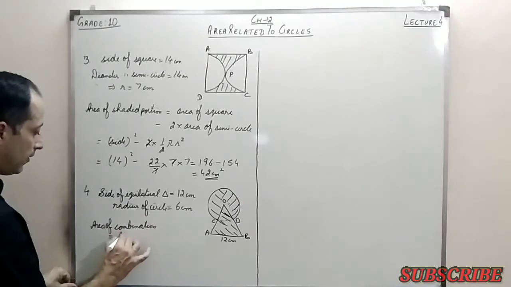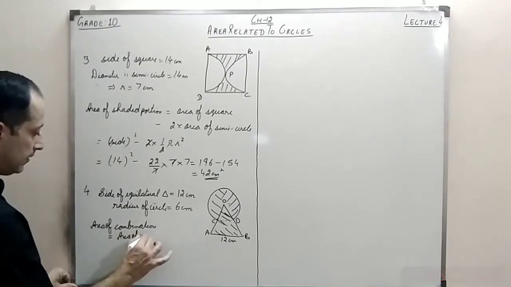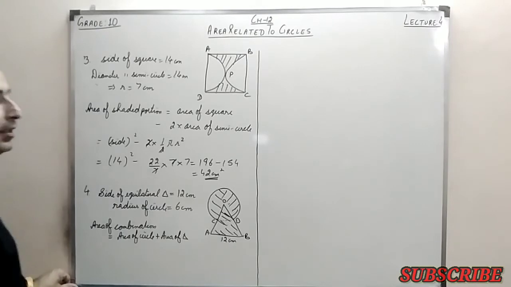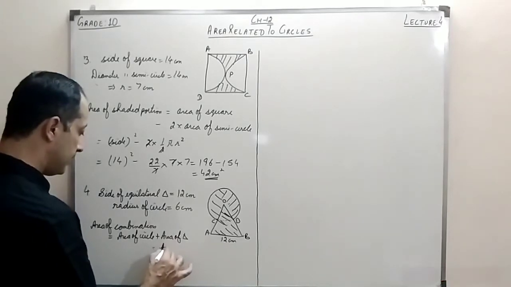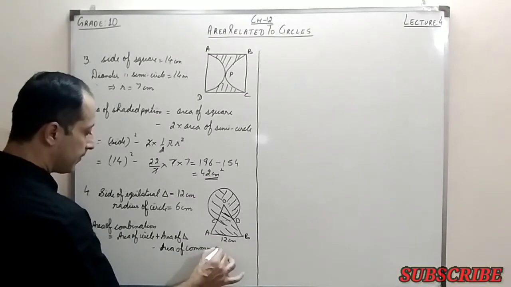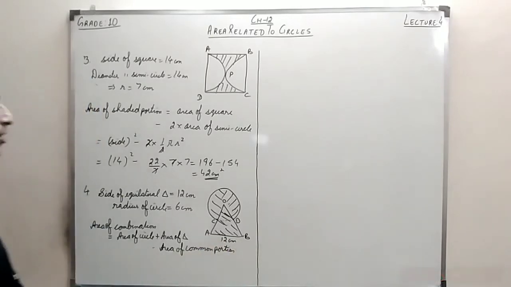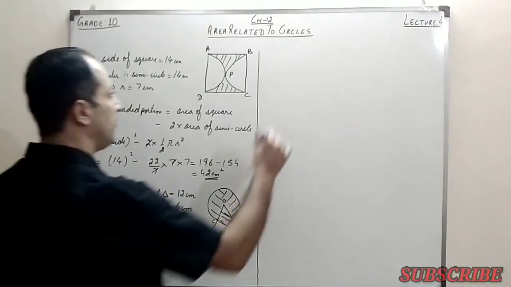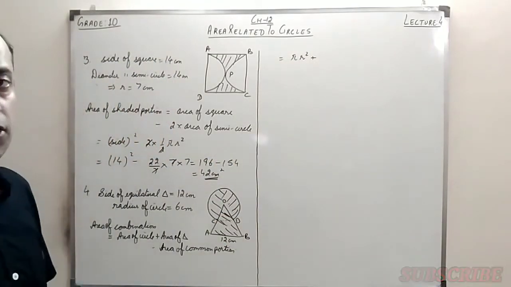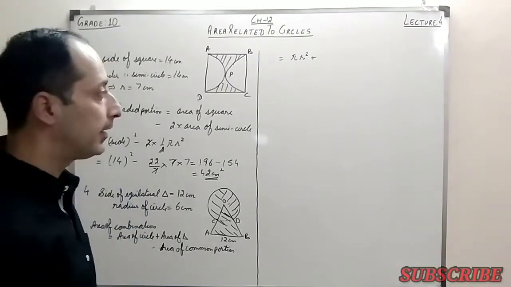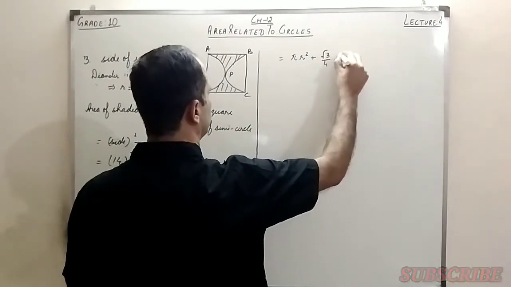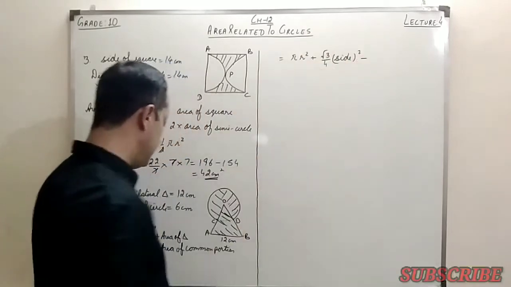is equal to area of circle plus area of triangle minus area of common portion. And the common portion is basically a sector. So now that will be equal to pi r square plus, now the triangle is an equilateral triangle, so we directly apply the formula to find the area of an equilateral triangle, that is root 3 upon 4 side square, and minus area of common portion.